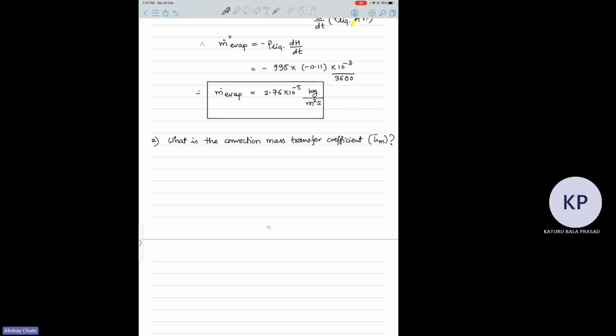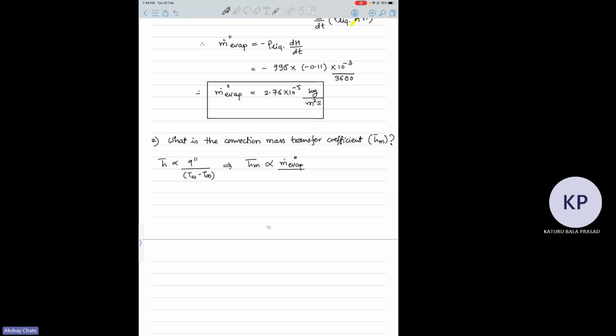Whatever is evaporating, that is what we have to use. See, basically in heat transfer, the heat transfer rate is heat transfer coefficient times area times delta T. Here, since we are talking about flux, the area term is already incorporated. So I am just drawing the analogy. In case of heat transfer, this term is proportional to the heat transfer flux divided by delta T, right? So similarly here, this will be proportional to the mass transfer flux